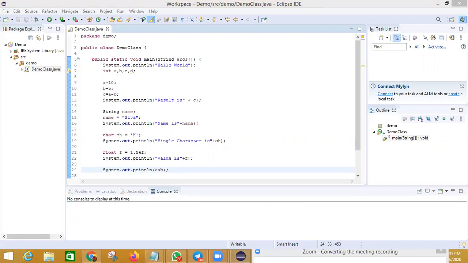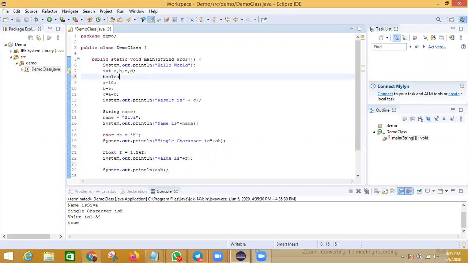I forgot to tell one more type, that is the Boolean type. If I say flag, it's a variable. This flag variable can have only two values, true or false. If I say true, then this is true now.